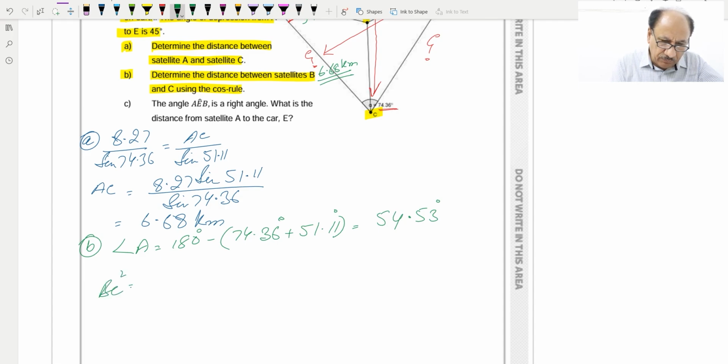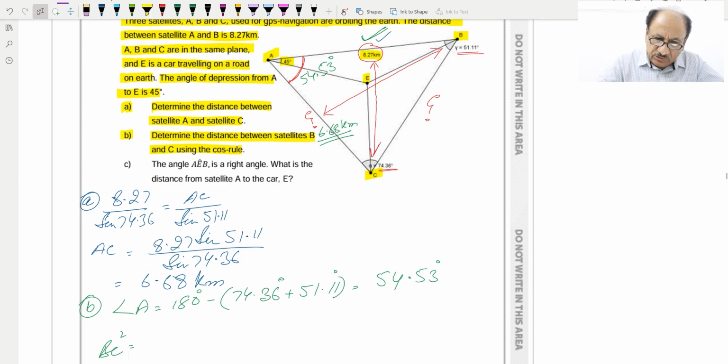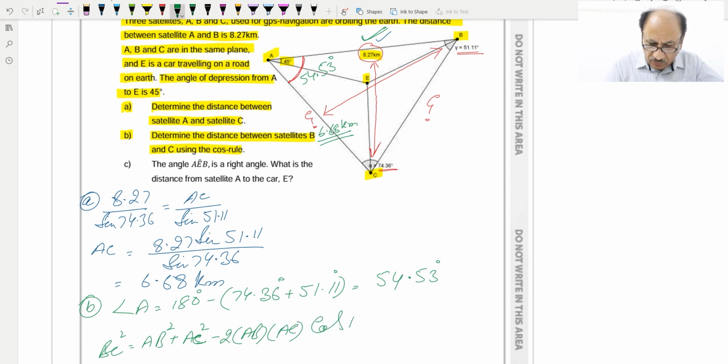BC square is this side, so BC square will be equal to the other two sides squared, AB square plus AC square minus 2 of AB and AC,